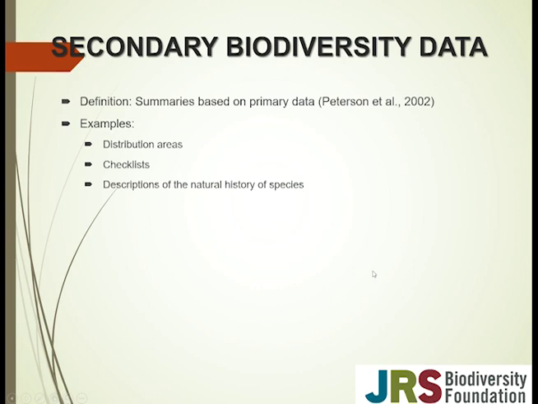Now, we will talk about the secondary biodiversity data. According to Peterson et al., these are summaries based on primary biodiversity data. An example is the distribution area. For instance, when you derive an ecological niche from the primary biodiversity data and the environmental data, you achieve the spatial distribution of species. The spatial distribution of a species is considered secondary data, data derived from the primary data we use in